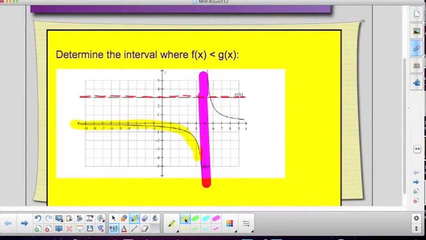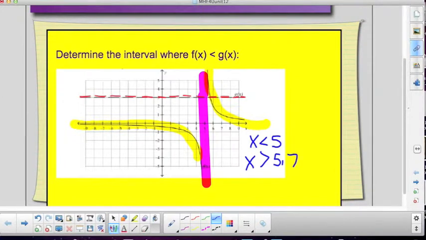So g of x is greater than f of x when x is greater than a little bit more than 5. So you could say 5.3, 5.4, 5.5. So to answer this question, when x is less than 5 and when x is greater than, let's say, 5.7, that could be your answer